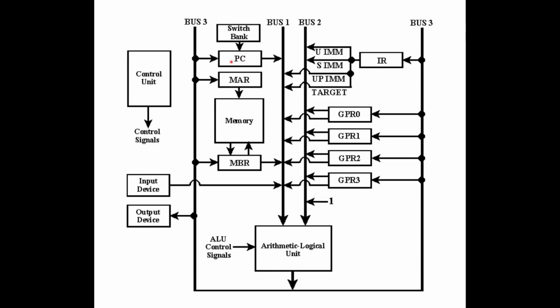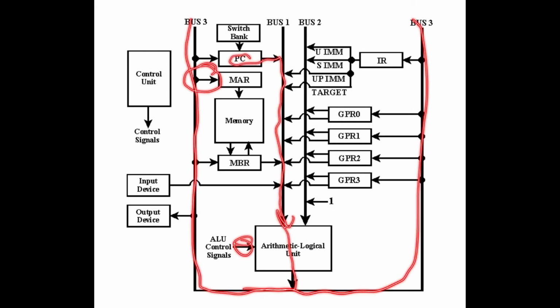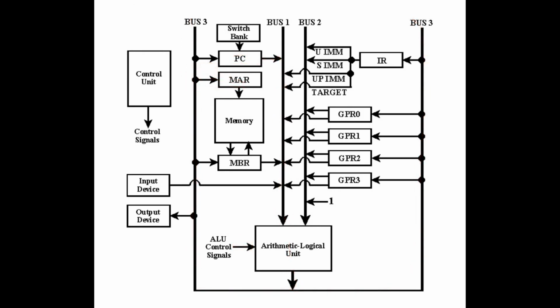So the idea is we take our program counter. Now you'll see why this is called a data path, because data is going to be flowing through this path here. We're going to take our program counter, put it onto bus 1, turn on TRA1 to take the program counter onto bus 3. But the only thing that we're going to clock it into is the MBR. So we clock the program counter into the MBR, and that causes 0 to go to MBR. Now memory will be looking up whatever's at memory location 0 and spit out its data, which we hope is